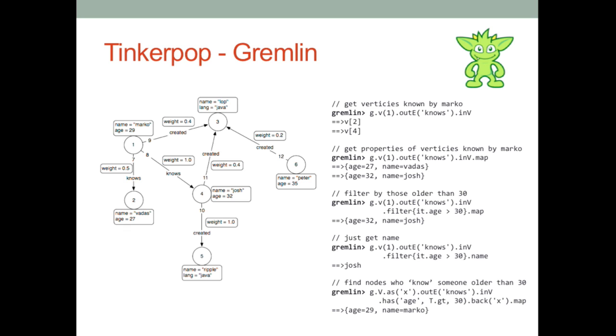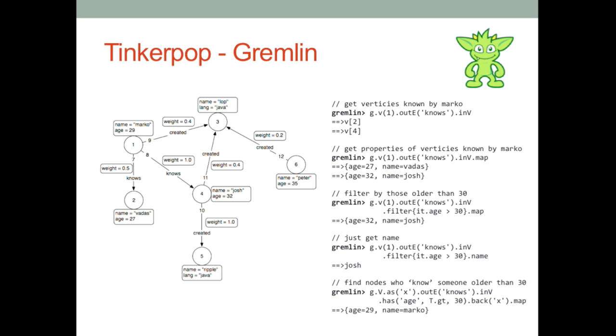You can do some more, like get all the vertices that are known by Marco. We start at Marco, follow out the knows edges, and then this inV is the next step. I get these mixed up, but essentially this says I want to go out of Marco following the knows edges, and then go into the vertices that those edges point to. Fortunately, this language is set up as very procedural chaining, so if you get them backwards, you just lop your query off halfway, see what it's returning at that point, and then build it back up again.